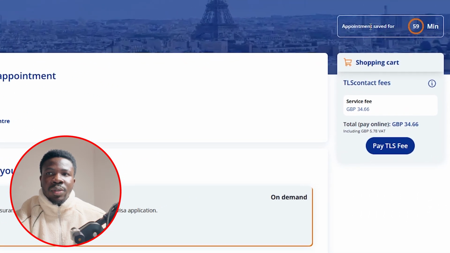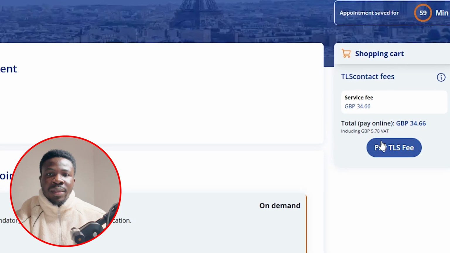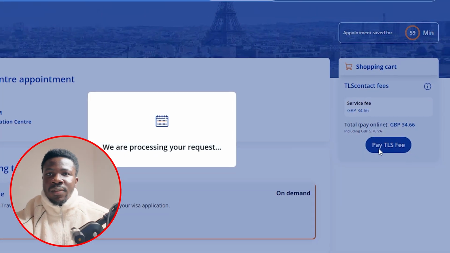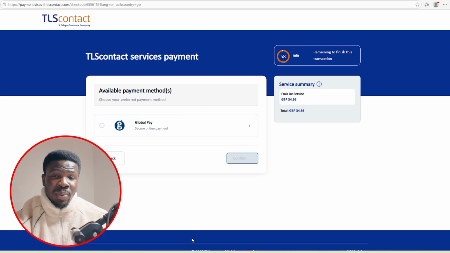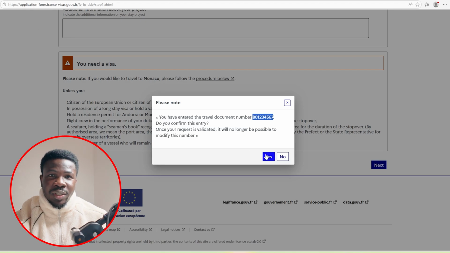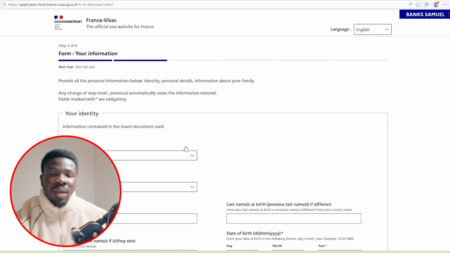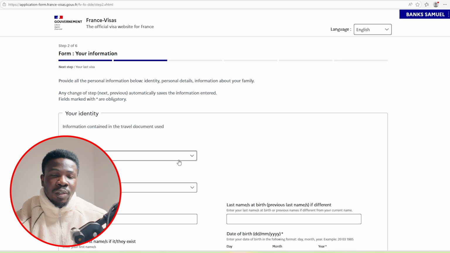So this application is set for 59 minutes. So pay TLS fee. So let's just assume we pay. We've paid, we've booked our time and date. Now, since we have our time and date, they'll give us a pay slip showing that we've booked. Now we can then move on to this page, which is the application form. We cannot really make use of this form if we don't get a date, but since we have a date now,